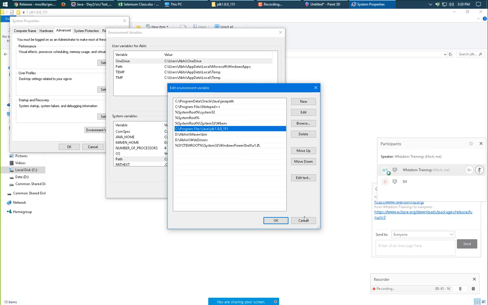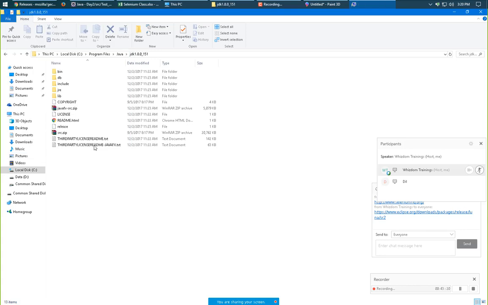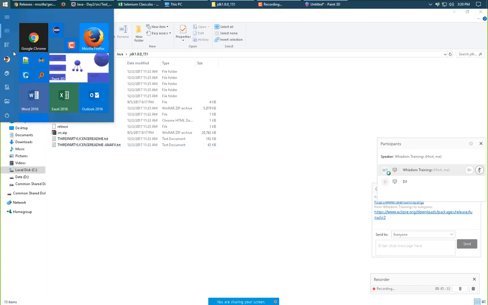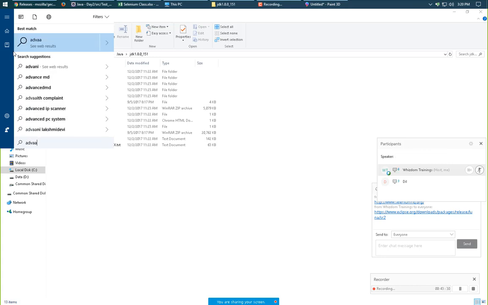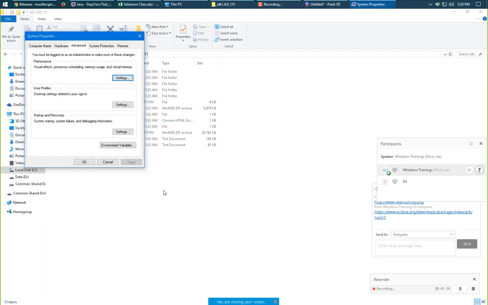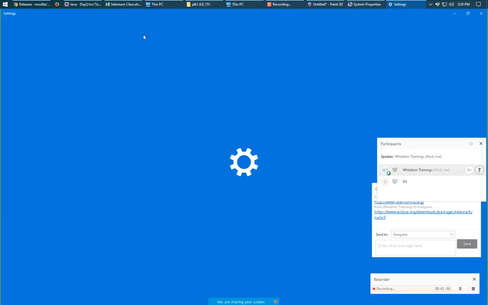In Windows 10 you can find it by searching advanced system settings. In my version this is not openly shown, so the other way is to go to My Computer, go to System Properties.